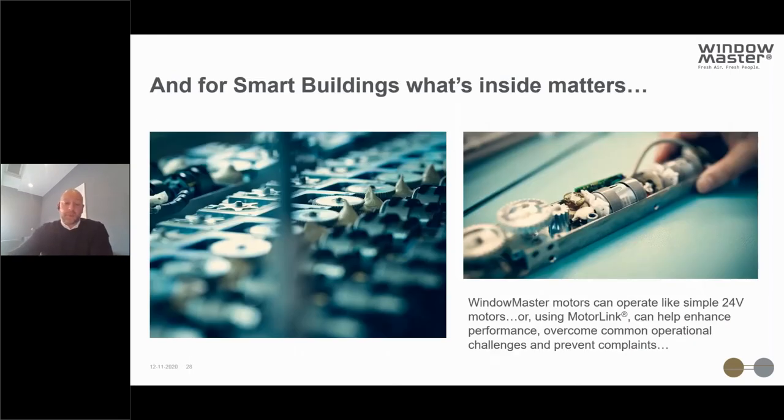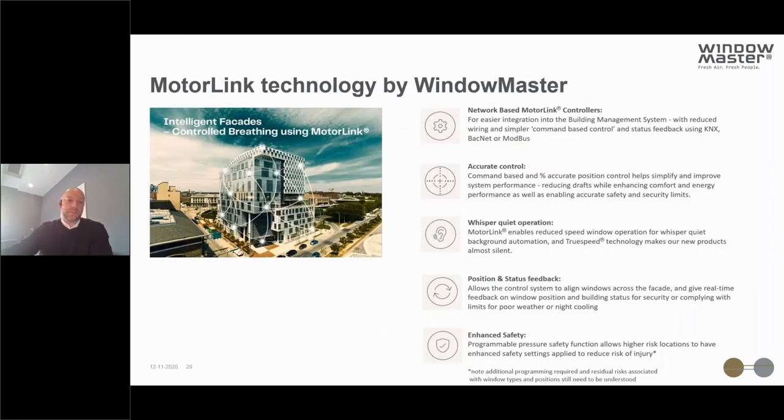And particularly for smart buildings, that intelligence and those extra functions are really important. So what we call MotorLink can help enhance the performance of the building. It can help deliver far better levels of control and do it much more quietly than traditional actuators that have been in the market that don't have this technology. So just to give you a quick insight into MotorLink,